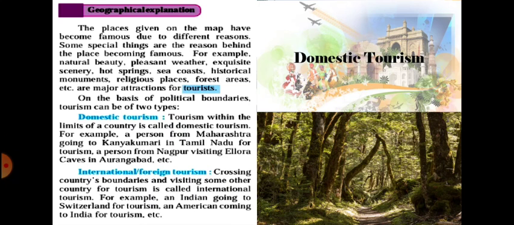Tourism within the limits of a country is called domestic tourism.